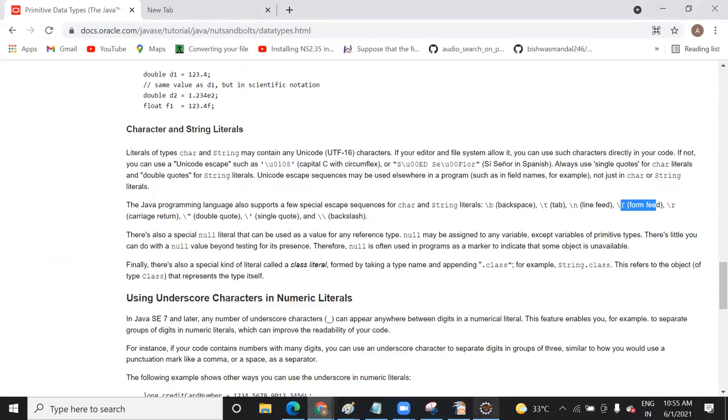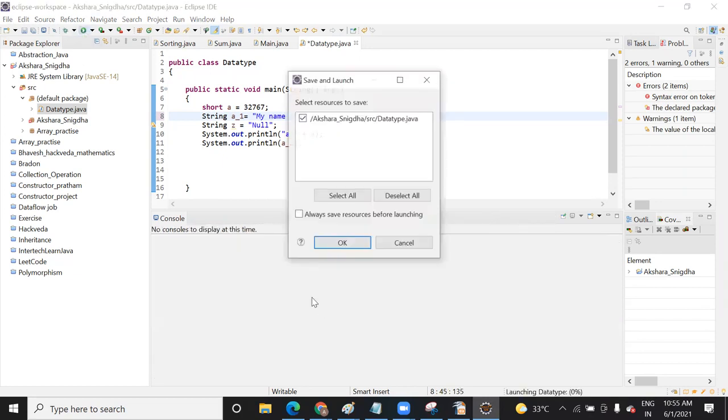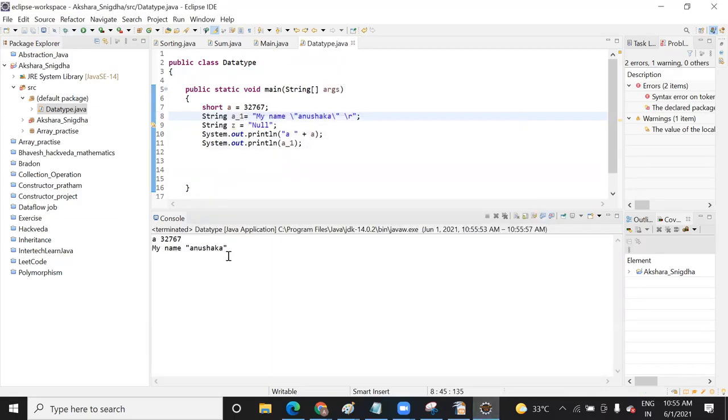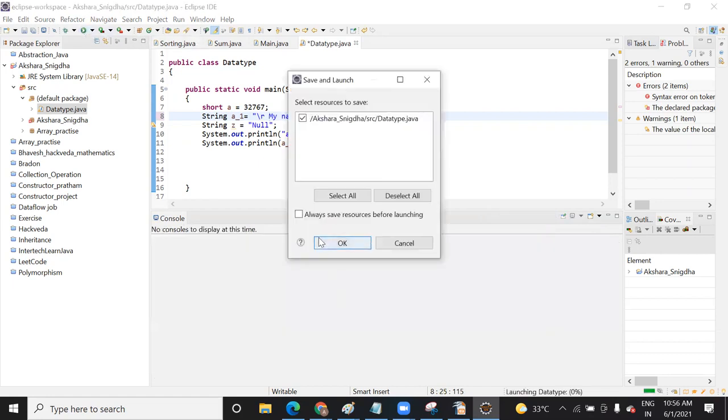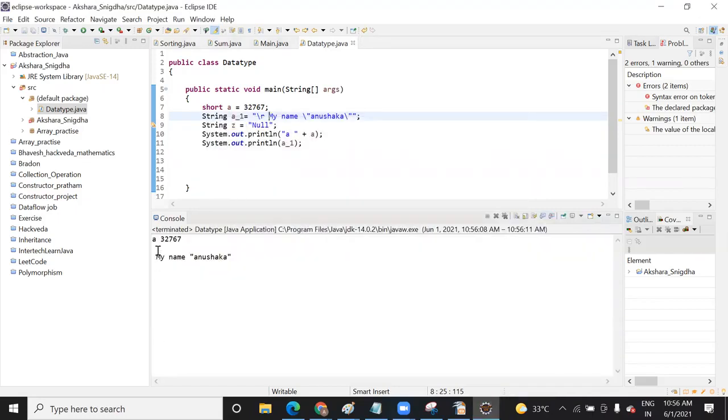So let me show you that. Here, when you add slash r, let me show you. See, here it is giving carriage return.